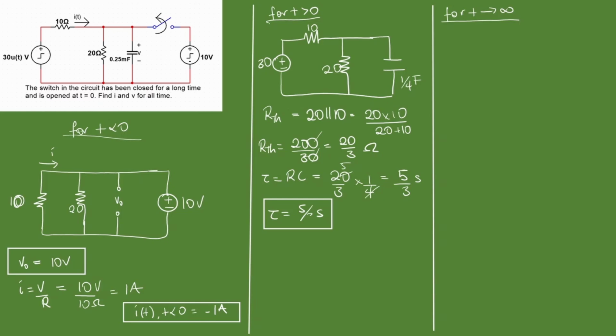Alright, remember, for t less than 0, a fully charged capacitor becomes an open circuit. At t equals 0, once switching happens, the capacitor is still active over here. As t tends to infinity, our capacitor has fully discharged, becoming an open circuit again. It's a very cyclic process. So that means this becomes an open circuit. We still have our 30 volts source over here, 10 ohm resistor,